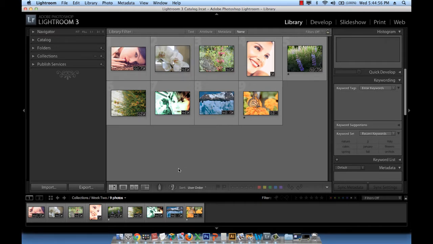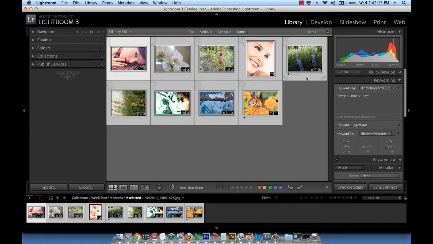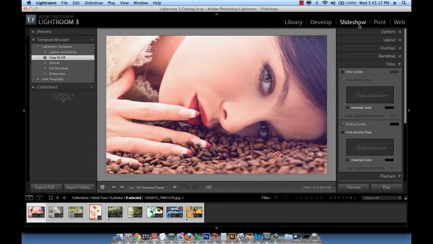Let's say I worked on these pictures, or I worked on 100 pictures of my family, of my friends, and I want to share it in a slideshow with music in the background. I will go ahead and do something like that. So if I hit Command A right now and select all of these pictures that I worked on, and then click on the slideshow module,